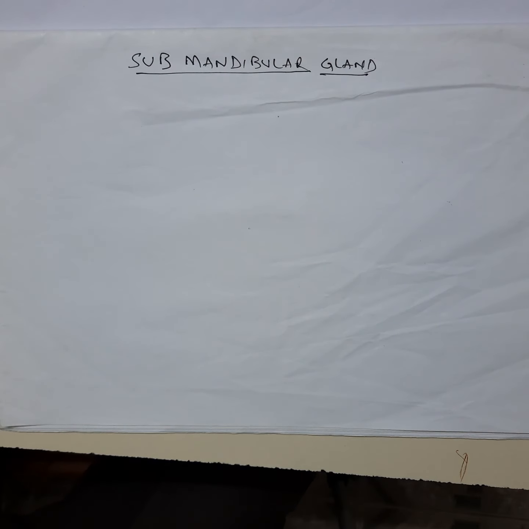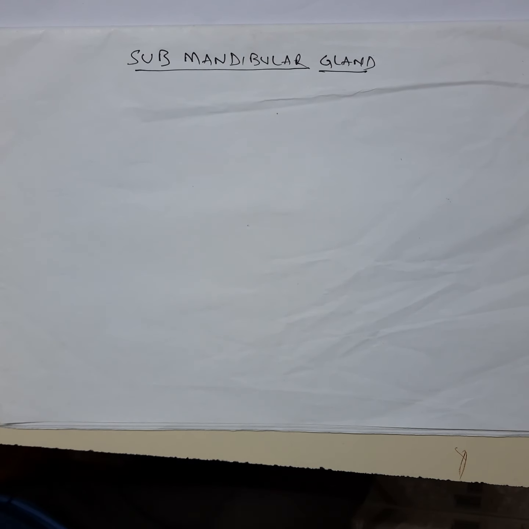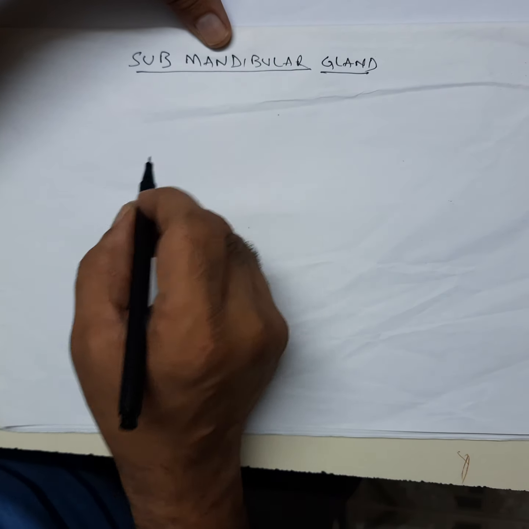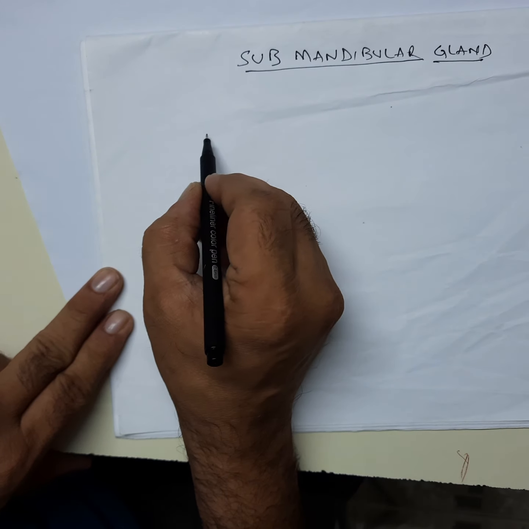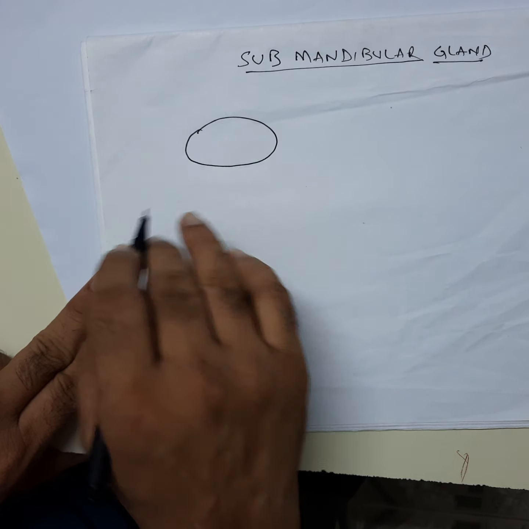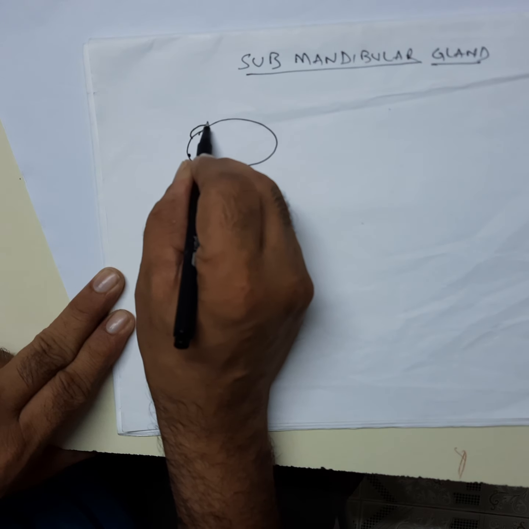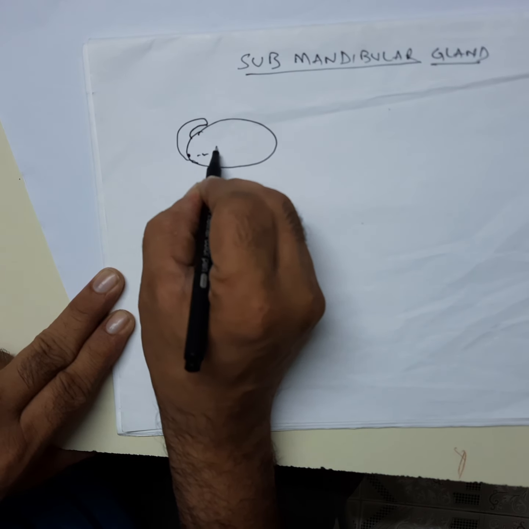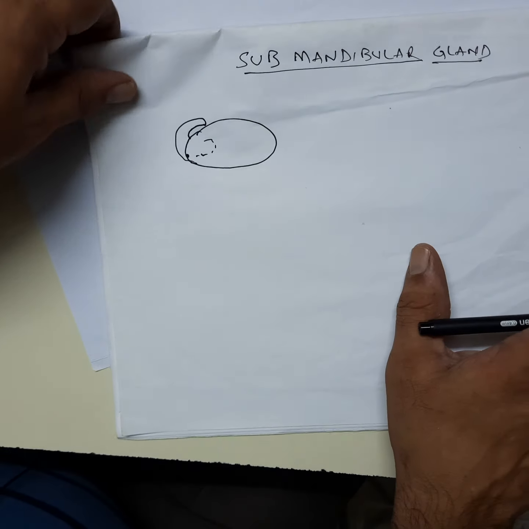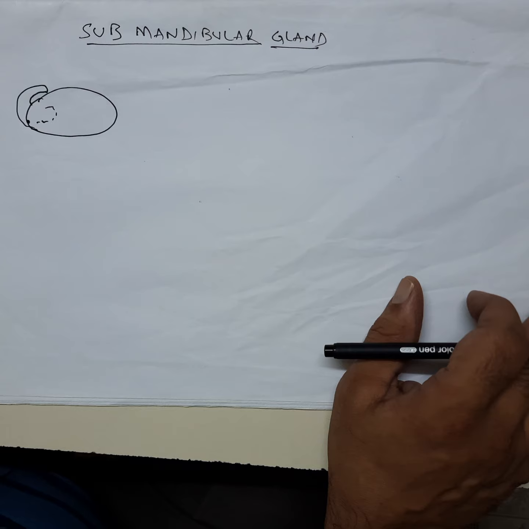The submandibular gland is walnut shaped and appears as a walnut, and it is about 10 to 20 grams in weight. It has a superficial part and a deep part. The deep part lies on the medial aspect of the gland, it starts from here and it is like this. You have to keep it in mind. To show it clearly, we will show you a slightly tilted image. So, this is how it is formed.